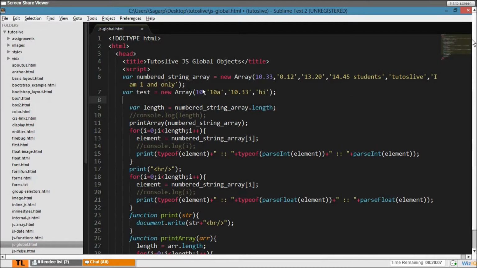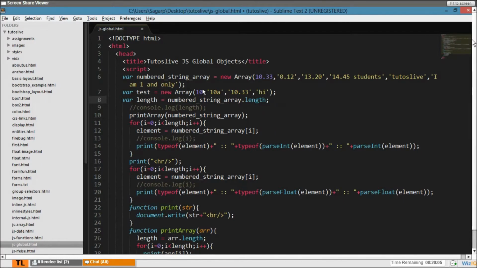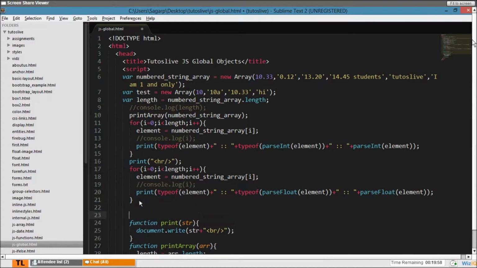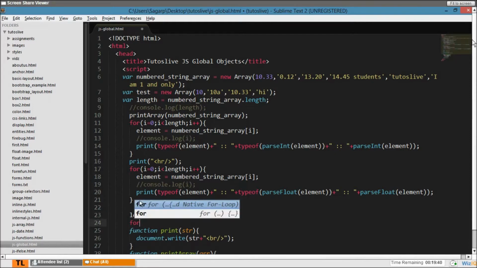Now here I'll come to the bottom. So again here I'll take length, I can use any variable, length equal to test dot length. For i equal to 0, i plus plus.